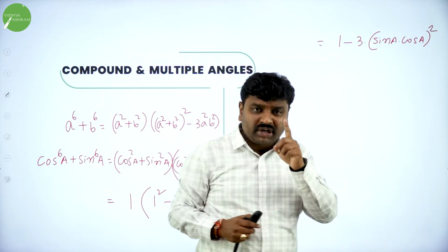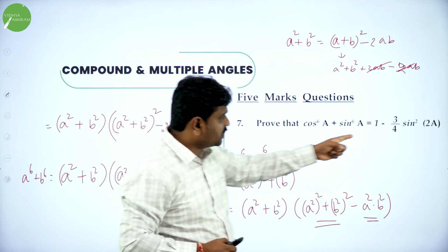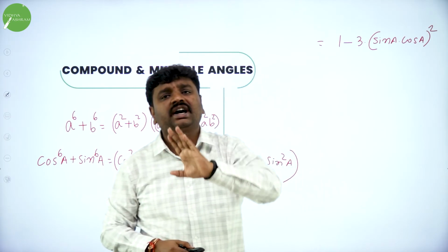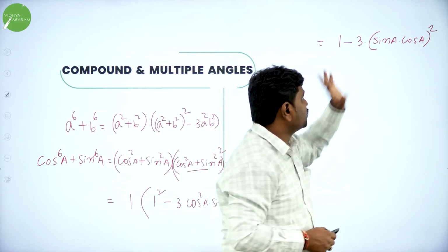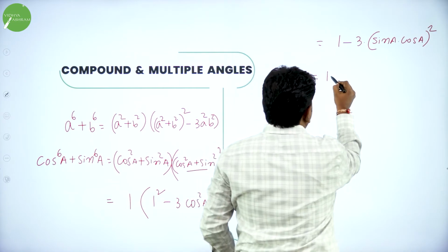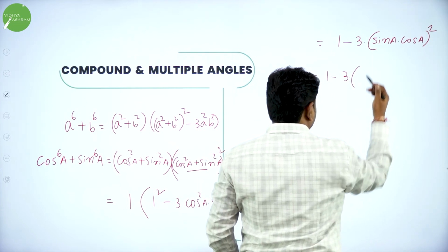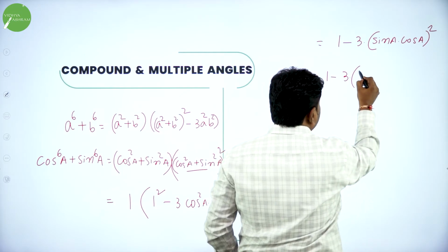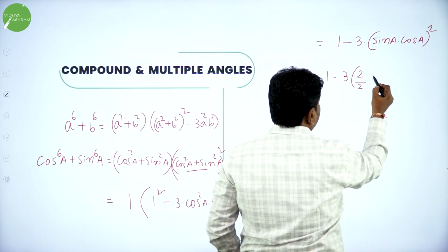So all of you know multiple angle. If you see the RHS, in RHS they want sin 2a. If you want sin 2a, you know sin 2a is what? 2 sin a cos a. What is missing in it? 2 is missing. So introduce 2. If you observe the RHS, they want sin 2a, so in order to make it 2a, 2 is missing. Divide and multiply by 2.